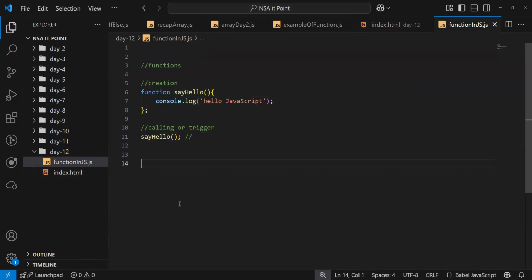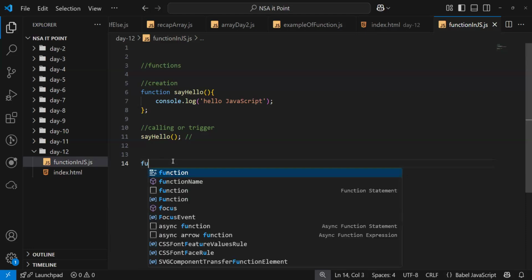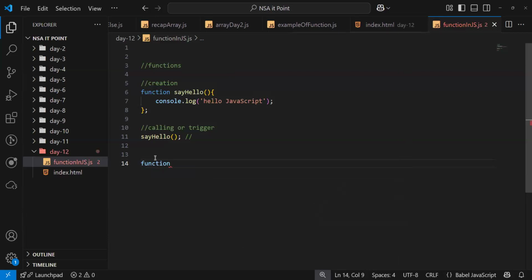I'll show you how it's done. Let's create another function, a function with parameters, greetings. I think we saw this yesterday.